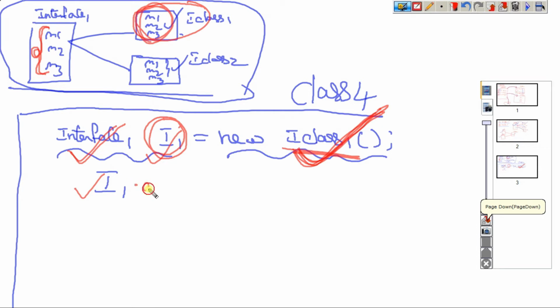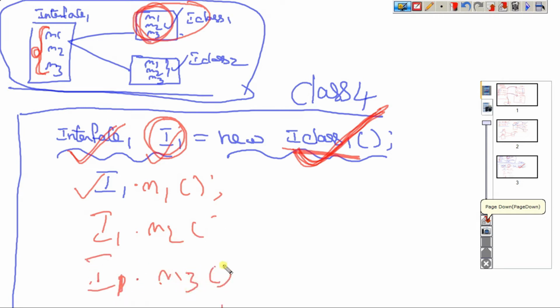See, I1 method 1, I1 method 2, I1 method 3. This we can access. But for example, if you want to access these methods in class 2, you can create the object reference once again like this. Interface 1, now I can create I2, because names must be unique.